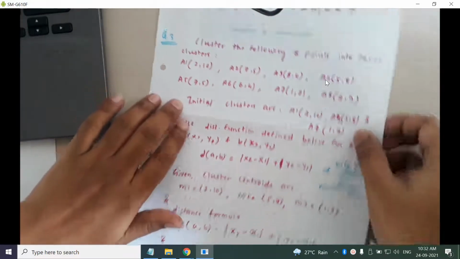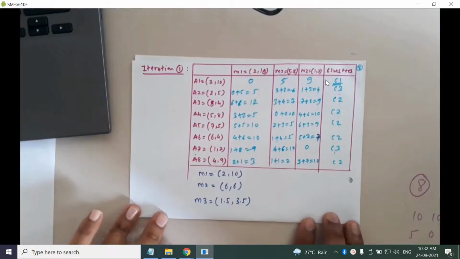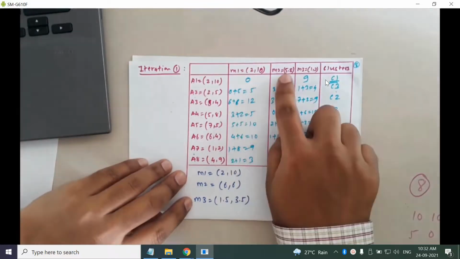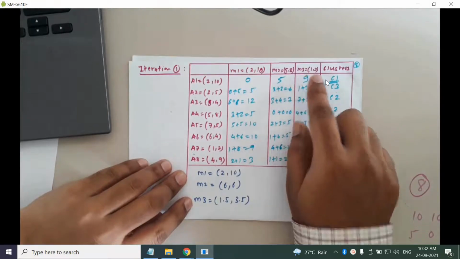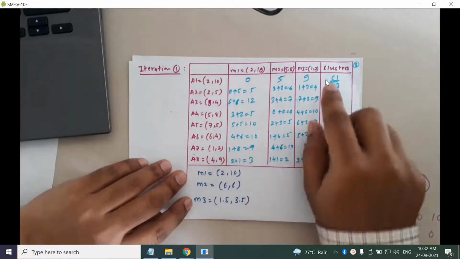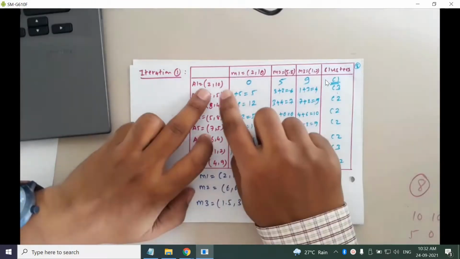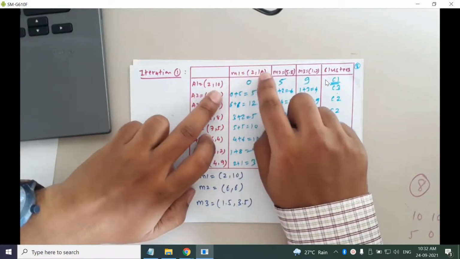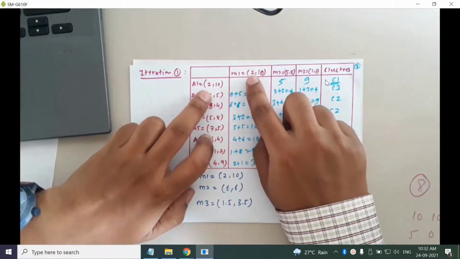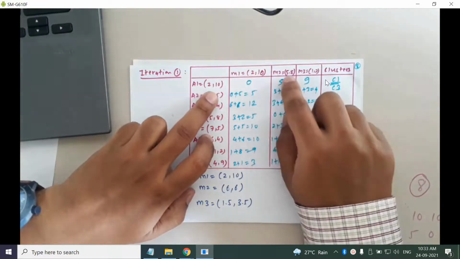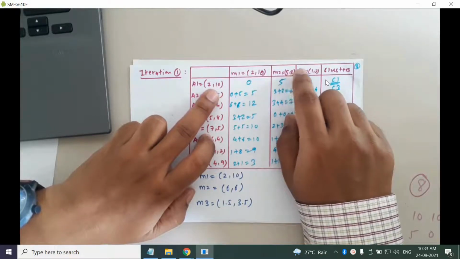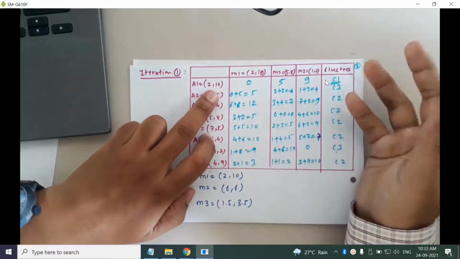Okay, I am showing the result of iteration 1. See, so I have 8 points. I have written the centroids here. You know the formula: the mod of the difference between x coordinates plus the mod of the difference in y coordinates. 2 minus 2, plus 10 minus 10, 0. 5 minus 2 that is 3, 8 minus 10 that is 2, addition of that 5. No need of calculator actually.